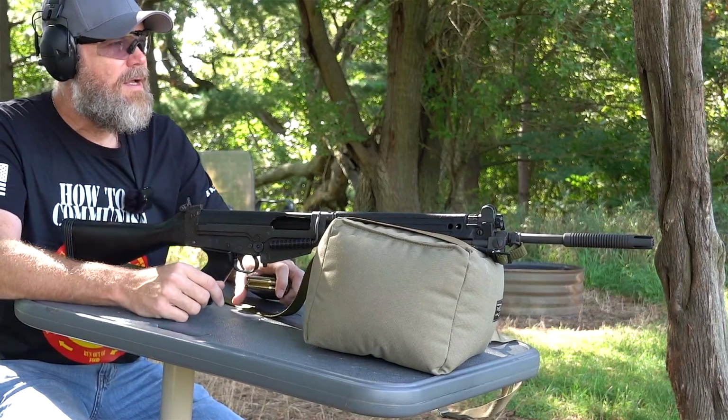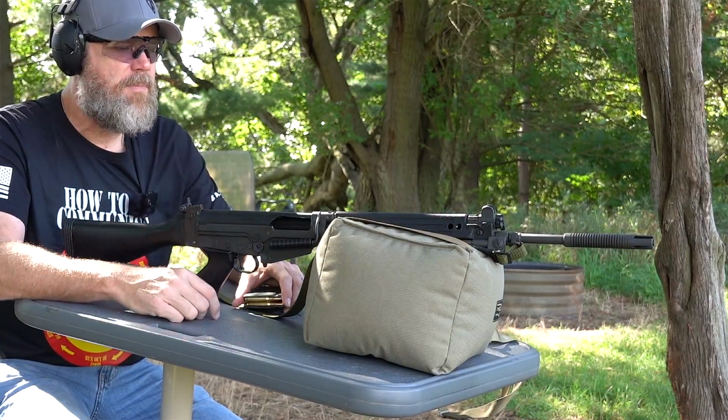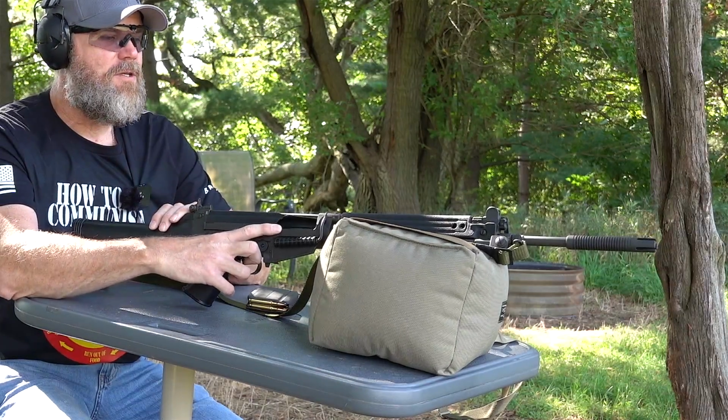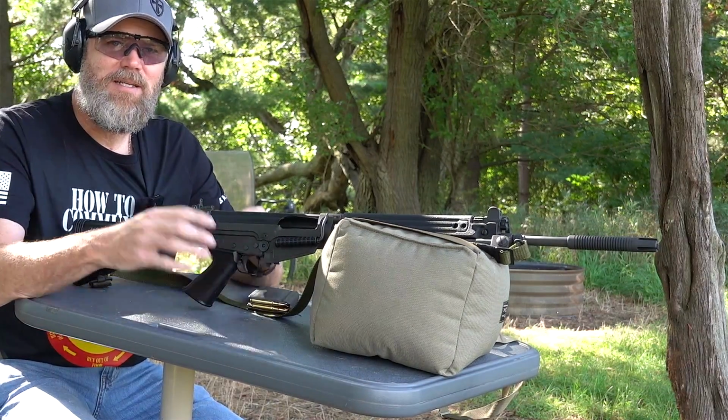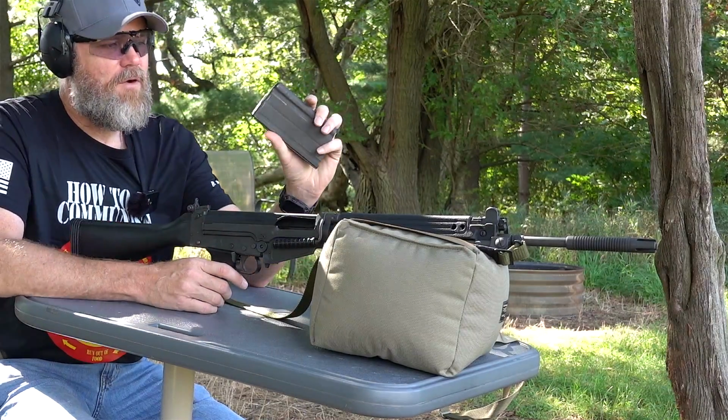I have my challenge target down at 100 yards. I confirmed zero this morning. The thing's spot on. I haven't shot it a whole bunch, and I don't even have my tape here, which I usually do to protect it from brass dings. I know, this one isn't as collectible as a Belgian-made rifle, but